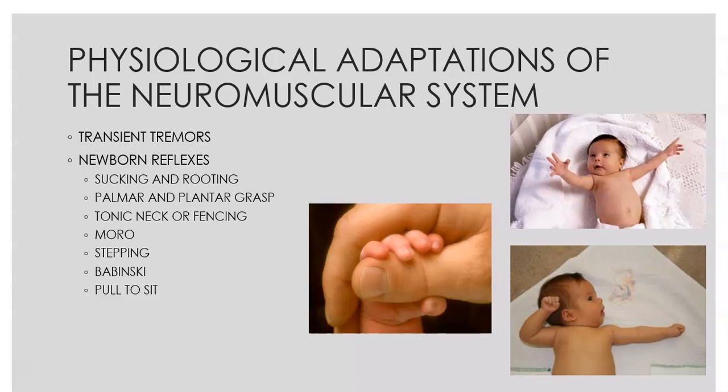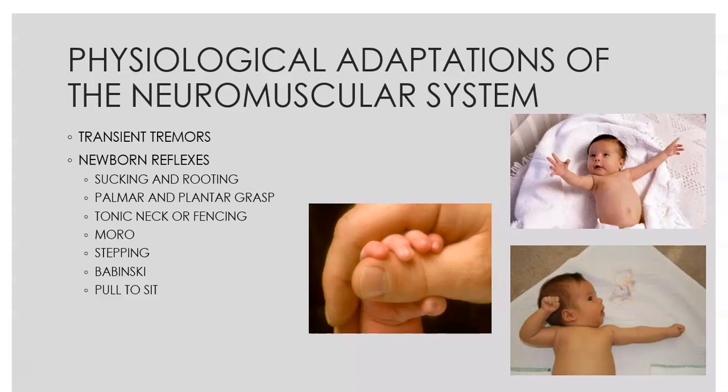A lot of them are kind of obvious, like the sucking reflex. If you put anything in a baby's mouth, including your finger, they will suck on it. Rooting is where if you stroke their cheek, they will turn towards the side that's being stroked, a mechanism to keep them alive, basically, responding to finding food. The palm or plantar grasp, that's the picture you see right in the middle. Anything you put in the center of their hand, or if you touch the center of their foot, they'll wrap their hand or their foot around it.